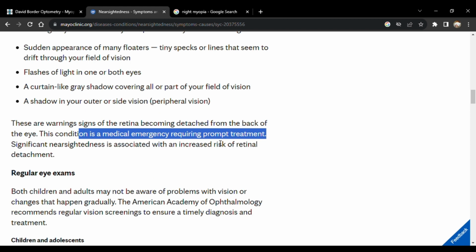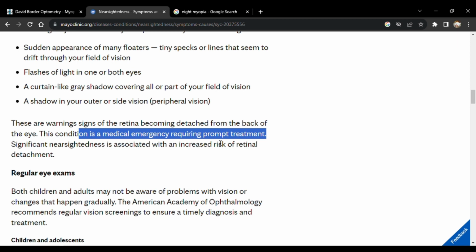High myopia, -6 or higher, is associated with an increased risk of retinal detachment. And this is a good point. I think we see a lot of patients that are -6 and above for annual exams for contact lenses or glasses exams every year or two. And we always want to check the retina, whether we're doing an Optos photo or we're dilating the eyes to look inside. It's very important we're looking because if we detect a detachment or a break in the retina, an